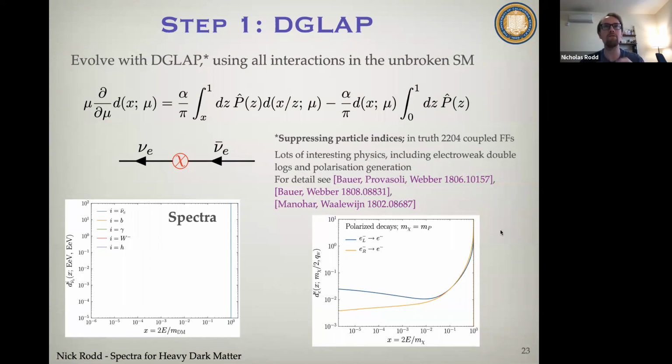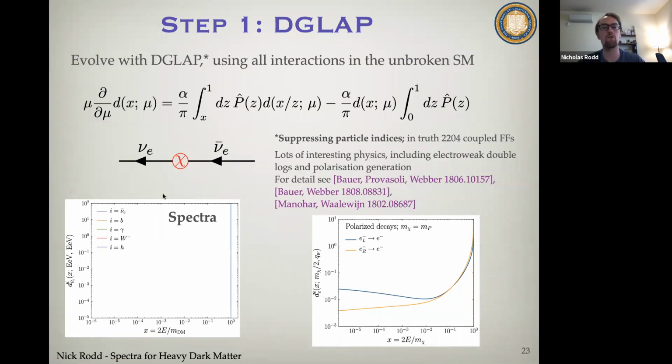So the point here is that even if you started at the high scale with some unpolarized state, the chiral nature of the electroweak interaction will polarize that by the time you get to the electroweak scale. So just to give you a very clear example of this, let's imagine that you started with a left-handed or a right-handed electron at the Planck scale, and then you evolve that down to the electroweak scale. The spectrum of electrons, so left-handed plus right-handed, you get at the low scale is very different between the two. In particular, you can see that the left-handed one has more soft particles, and this makes sense because the left-handed electron can undergo more interactions, so it is more likely to have an emission. And so this effect is something we need to keep track of, and we do.